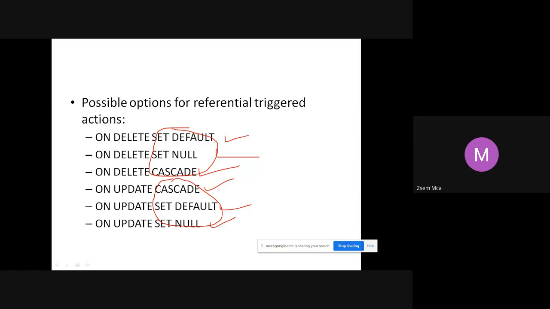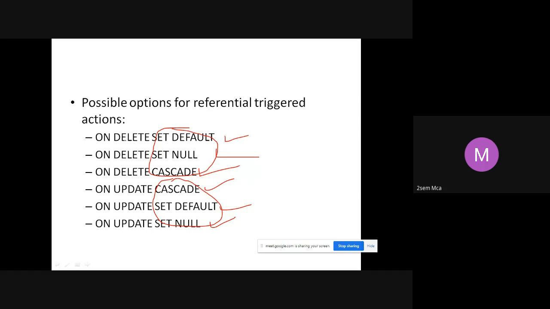Now, why do we use all this? Suppose I'm using a foreign key and I want to delete. When you are using a foreign key, you have a reference to the primary key in some other table, is it not? You cannot simply delete that record. Many of you would have observed that you get errors, such as the unique constraint is violated, or parent key is not found.